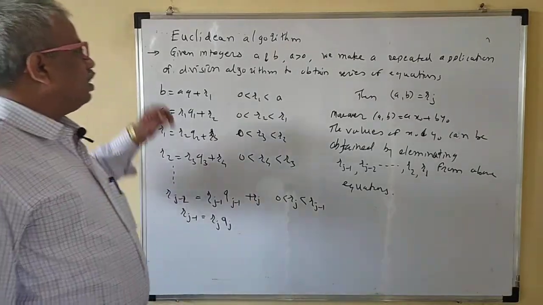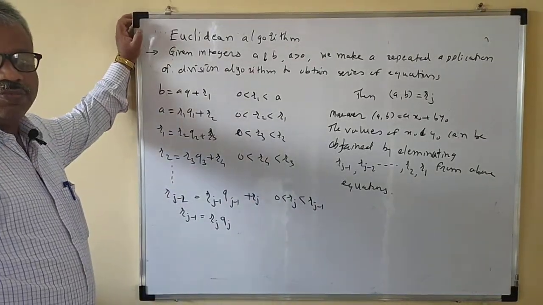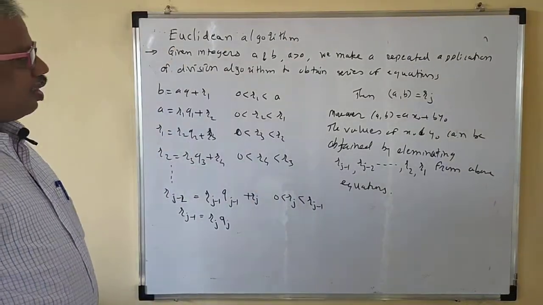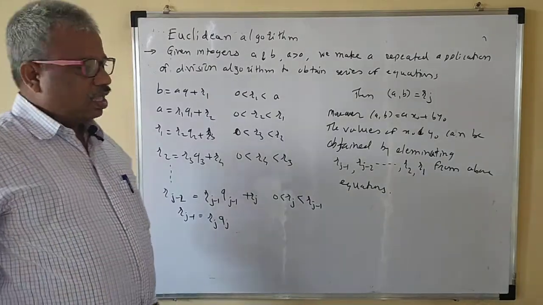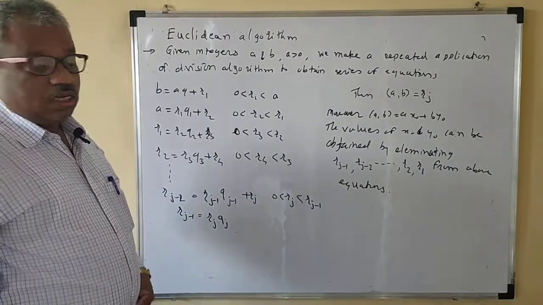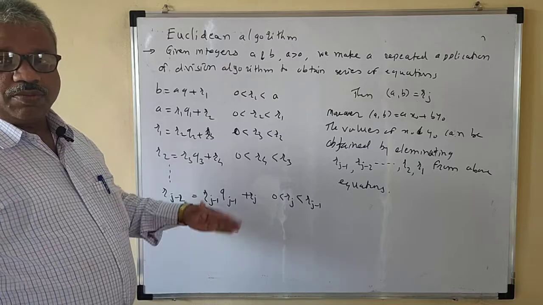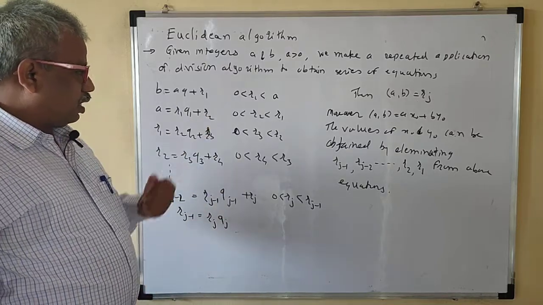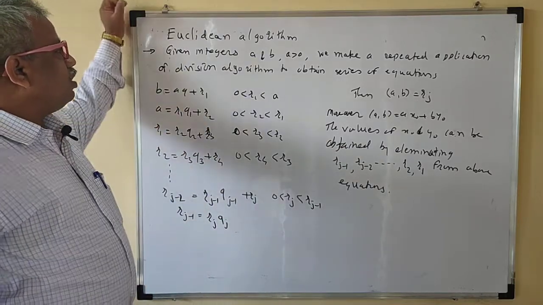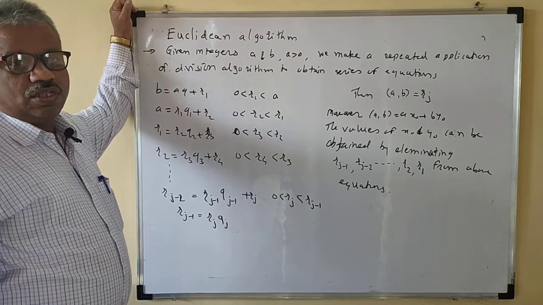Last time we have seen the division algorithm. We have seen some problems on the division algorithm. We have also seen Euclid's lemma, and we have seen divisibility also, right? With the help of divisibility, we can do anything on it, right? So today we will see what is meant by the Euclidean algorithm.